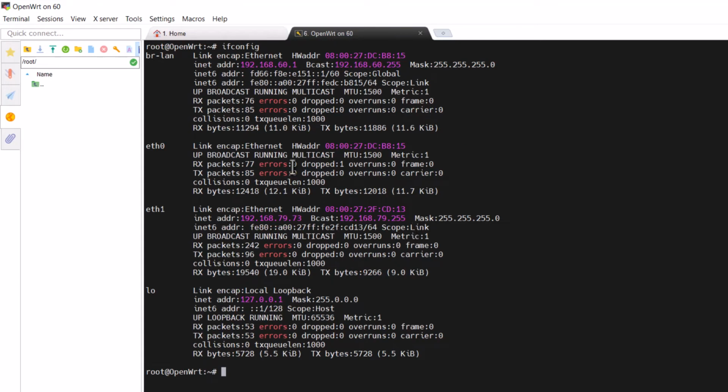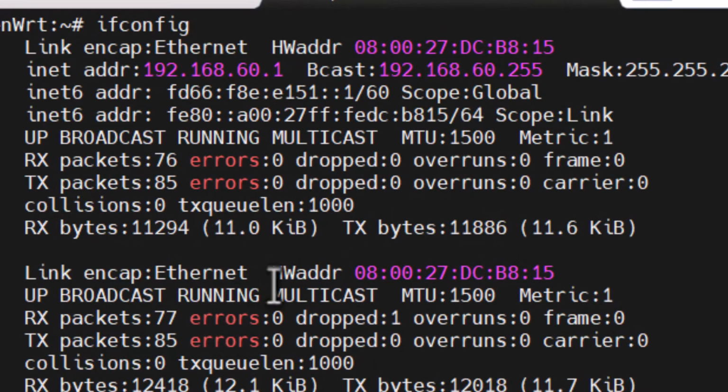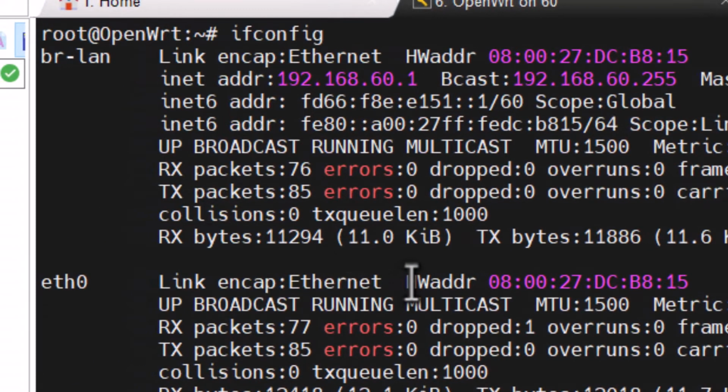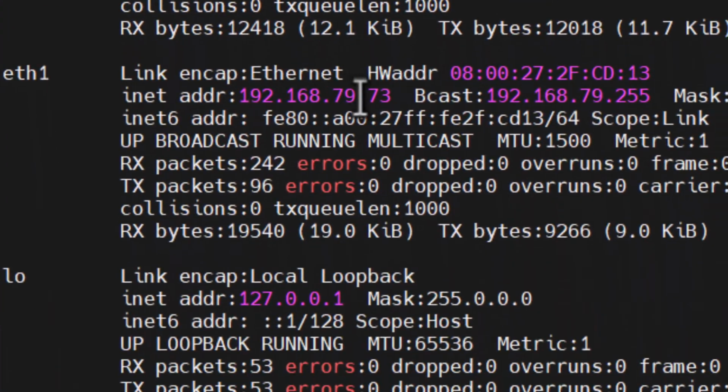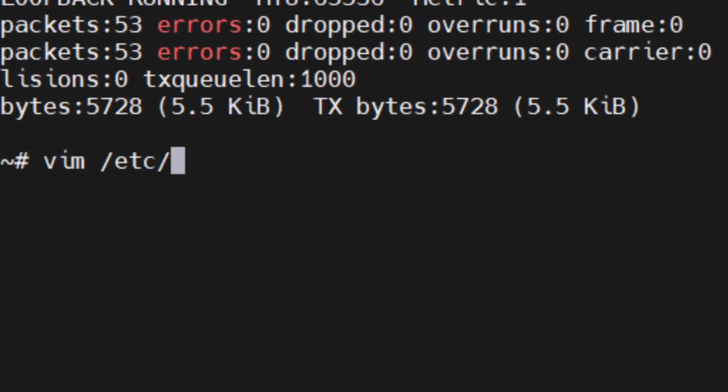We can see exactly what's going on. There's our gateway. This is our bridged interface on the host-only interface, which creates the gateway. This is our WAN, and of course our local loopback. Now our router doesn't show up yet. That's going to be on ETH2, and we're going to cover that right now. Well, actually, we're going to cover it in just a little while. Right now, we're going to comment out